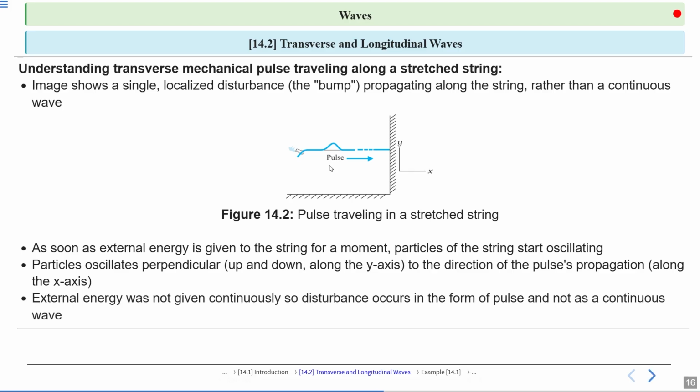Because we only give energy to the string for a brief moment, we get a single pulse instead of a continuous wave. If we kept shaking the string, we would create a continuous wave, but here the disturbance is just a one time event. All right,